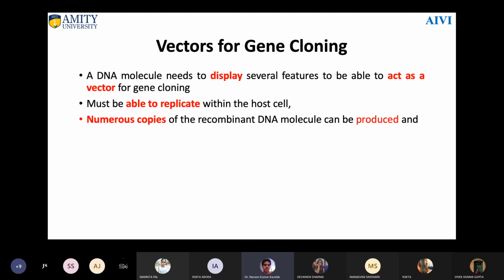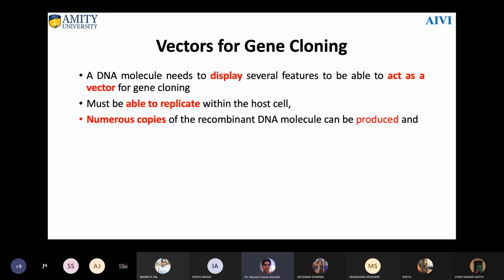host cell. Then, as I mentioned, every replication means it is making copies. When you go from one cell to another cell, it has to make copies. So then the question arises: how many copies of your vector do you need? When we are saying copies of the vector, it simply means we are talking about the copies of our gene that this vector is going to carry. So if we ask how many copies of the gene should be there, how many times it should replicate? So then,